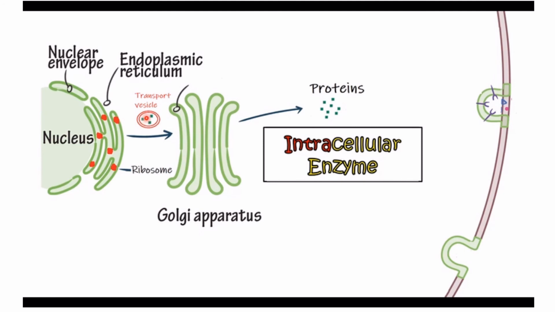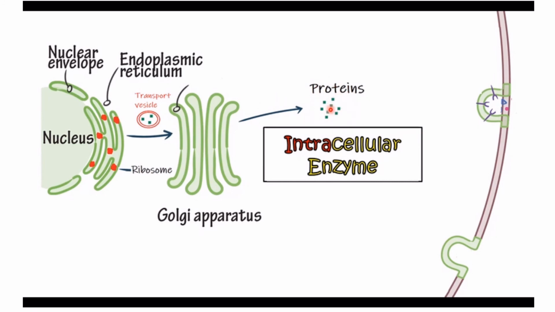all the messenger RNA for the enzyme would be translated here. After being translated, the polypeptides or proteins that are formed are the enzymes. After their synthesis, inside the endoplasmic reticulum, they are going to bud off from the endoplasmic reticulum. When the proteins are heading to the Golgi body from the endoplasmic reticulum, they travel inside a vesicle. Since these vesicles are transporting the proteins or enzymes from the endoplasmic reticulum to the Golgi body, they are called transport vesicles.